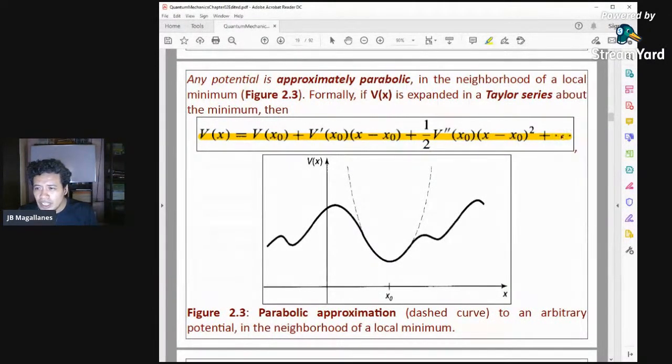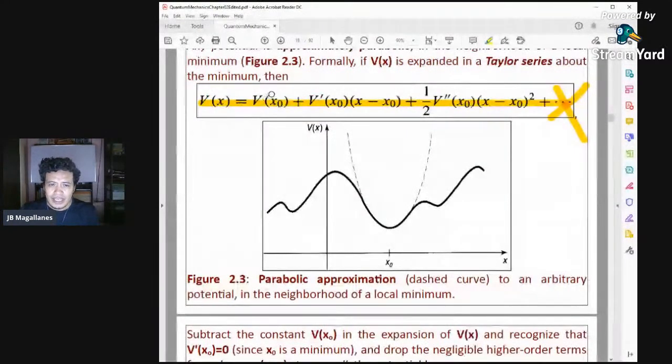The higher order terms, the x minus x of o cubed, would be much smaller, so you can neglect x minus x of o cubed and the higher order powers. This one is just a constant here, and the derivative of V with respect to x evaluated at x of o is 0, so this is also 0. So what's left is